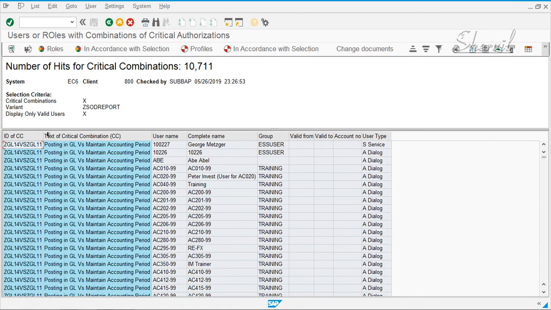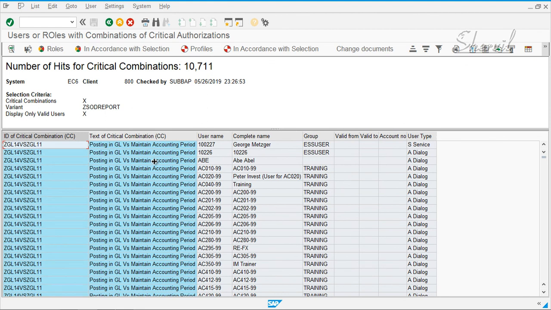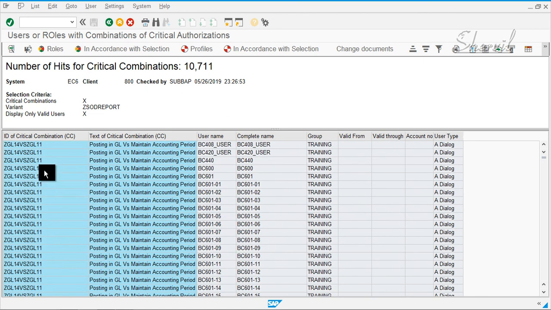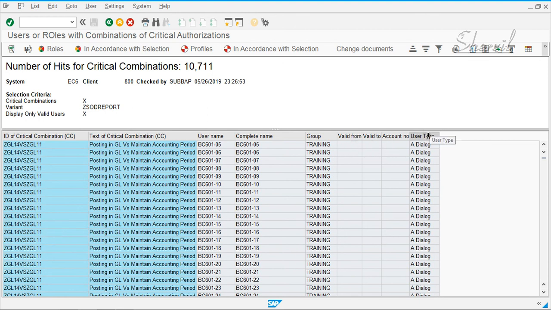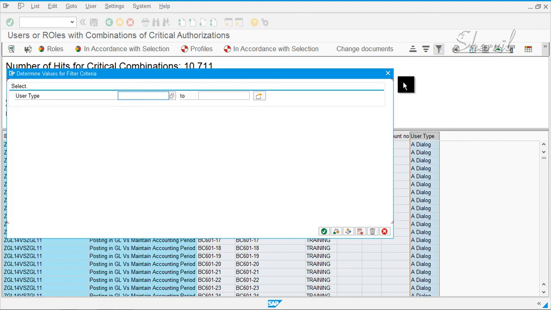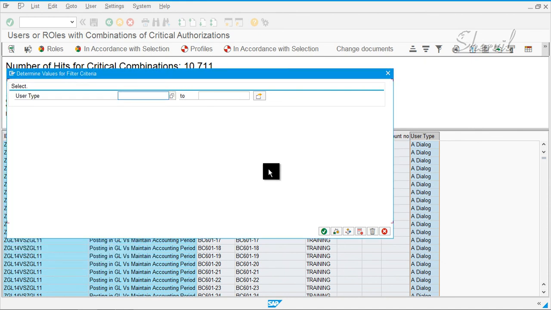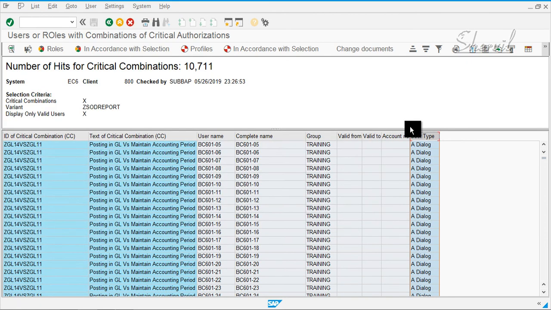Now you got the list of all the user IDs here that have a conflict based on your critical authorization definitions. Let's filter again for our user IDs. Actually, we can filter on the user IDs themselves instead of the service type.